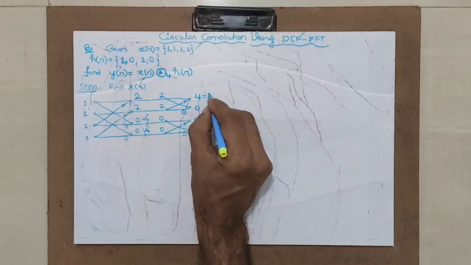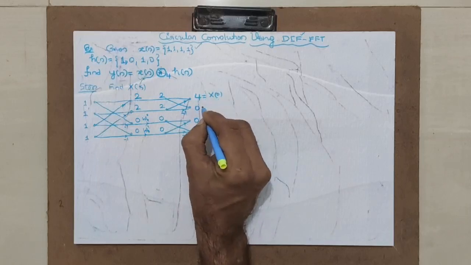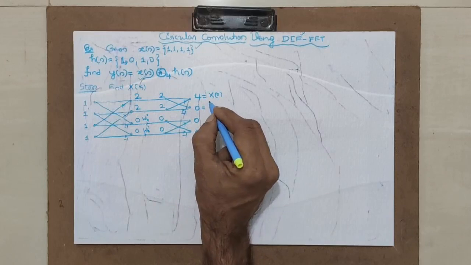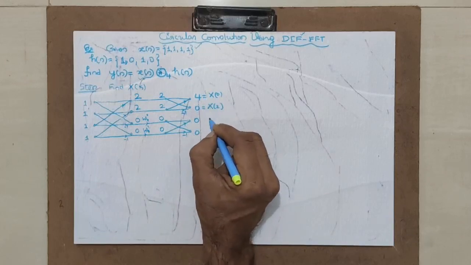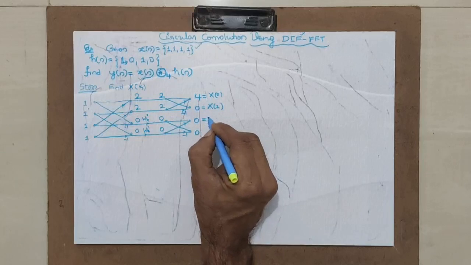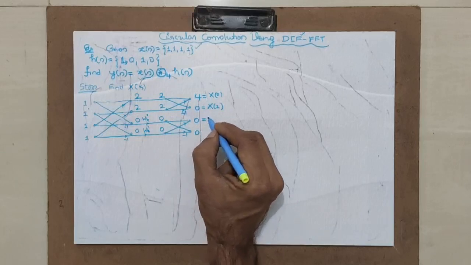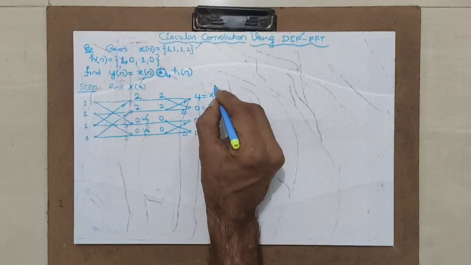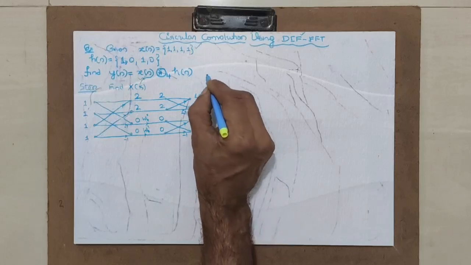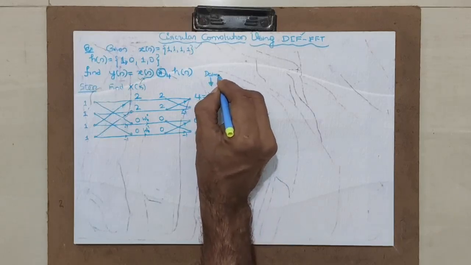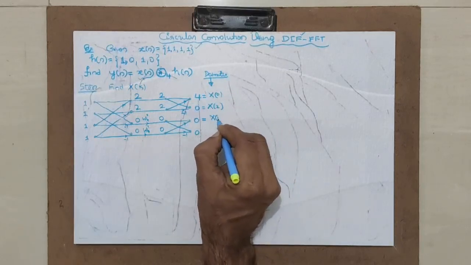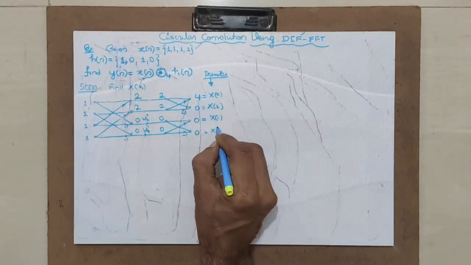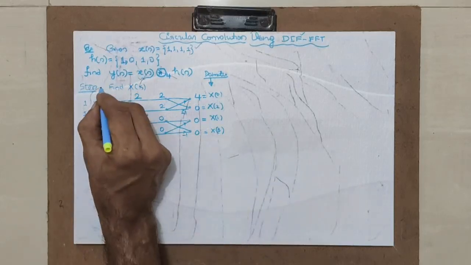Now, whatever is there, that is x naught. For completion, I will write everything here. What is this? This is x2. Why is it x2? Because it is DIF algorithm and decimation takes place at the output. Decimated. Please, this is a very important point, decimated. This is x1, this is x3, right? I have written this. Step 1 you have completed.